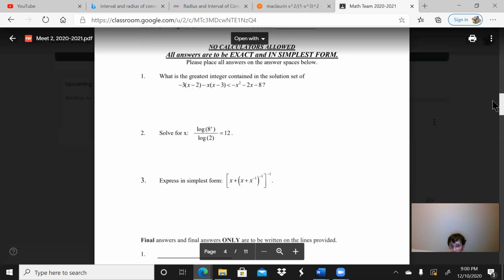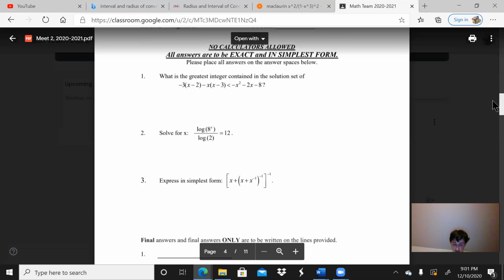The second one, I just want to make sure it actually works. Log 8 to the 4th. So 4 log 8 over log 2 equals 12. Log 8 is 3 log 2, so 12 log 2 over log 2 is 12. That's such an easy problem. And the third one is just a bash. Like, is that even Algebra 2? It's more just figuring out how to common denominator all this